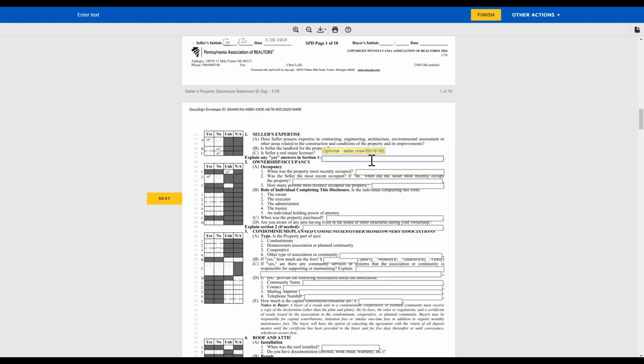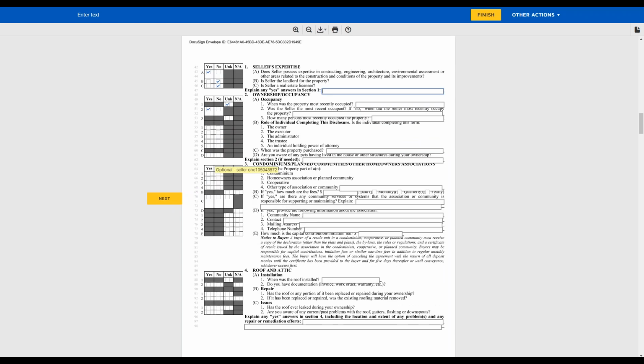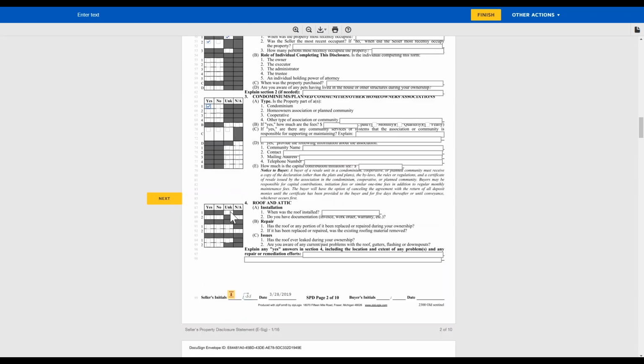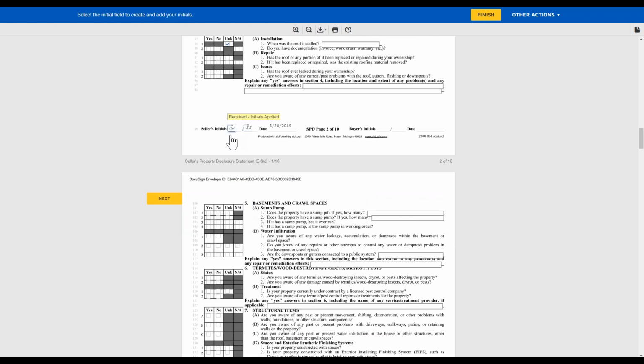Or if I have to expand something, and this is where one of you guys were asking a question, if I need to expand a field, I can do that. The good thing is DocuSign, what it does is even if you type something to the very end, it does kind of shrink it a little bit, but that's where you may need to adjust it. But it just kind of depends on how lengthy they are. You know, it's one sentence, so really you want to limit it to that if need be. So it kind of works in collaboration. You just want to make sure you're letting people know.